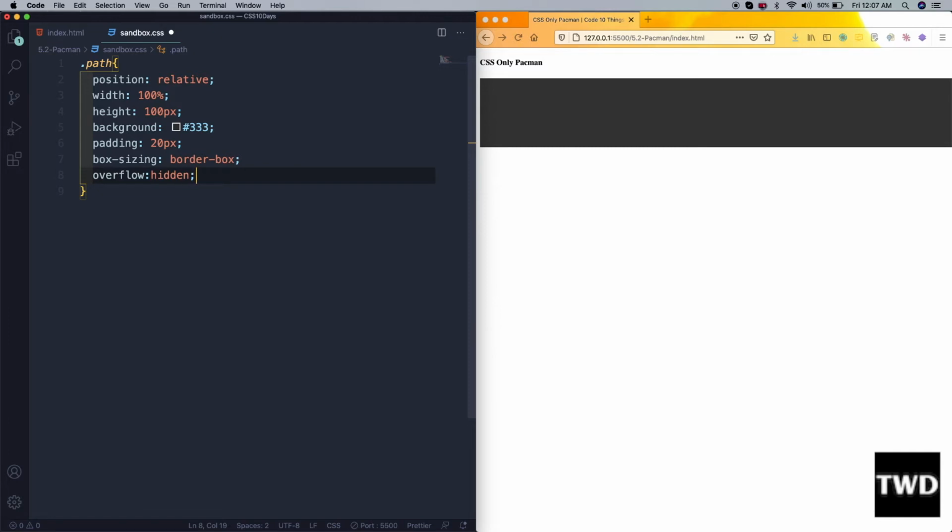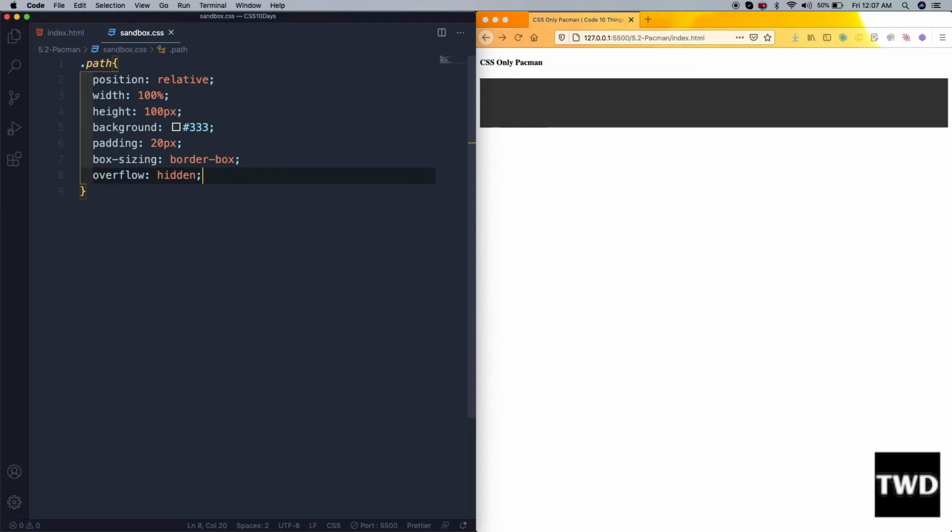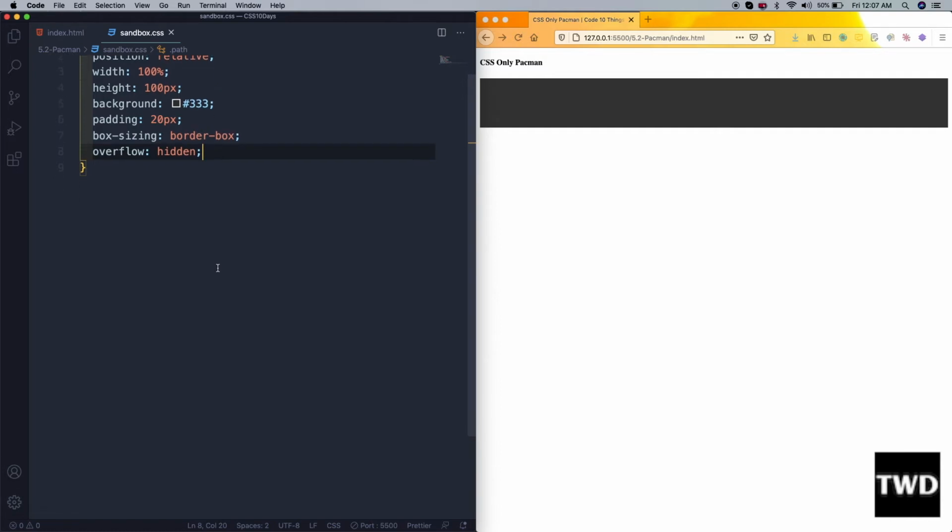So the border box means everything will be contained inside it. Padding and margin will be in the complete box. Let me save it. So see, now it is going to the whole. Earlier it was going ahead because it was adding all this padding. So you can google what is box sizing, border box and content box. By default it is content box. So then